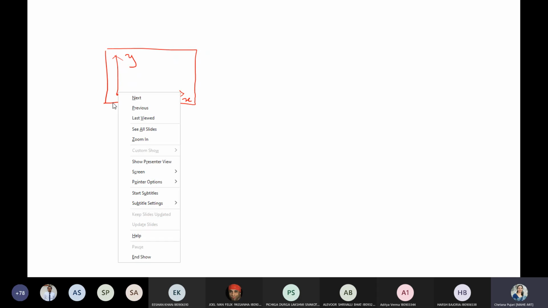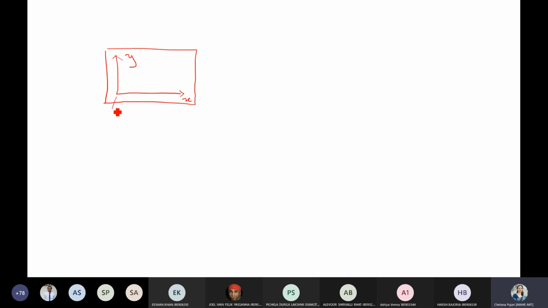Video control operation, basically what we have is a screen, right? This screen space is divided into coordinates; we have a coordinate axis called X and Y. The lowest left corner will be the origin.